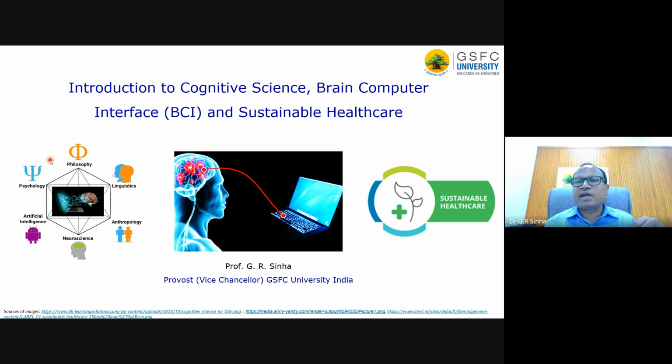So this interpretation comes from the interface between brain and the computer, called BCI. Look at this picture very carefully. Very, very interesting picture. This is a structure of brain. Look at the different areas. If you look at the picture here, this side is the frontal area of the brain. And then comes the parietal area, and just below it, there is an area called the temporal area. Just look at here, different colors have been given.